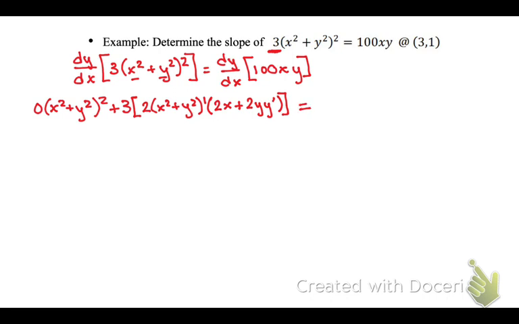Equals, and I personally, some people work the whole left side and then work the whole right side. I'm doing the derivative. I'm going to keep doing the derivative. Okay, now I have another product again, don't I? Yep. So I have 100x times y. So the derivative of 100x is 100. And then y plus the first term, which is 100x, times